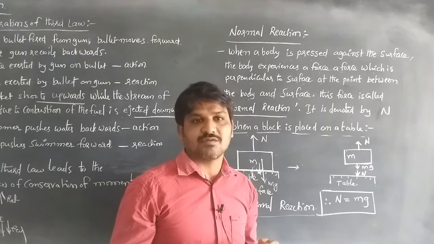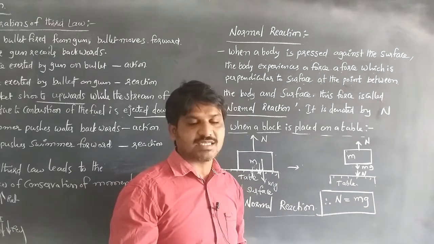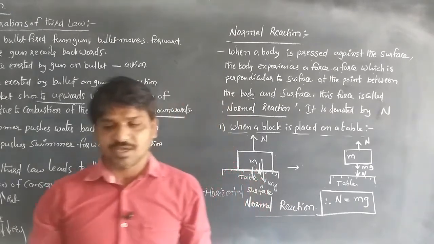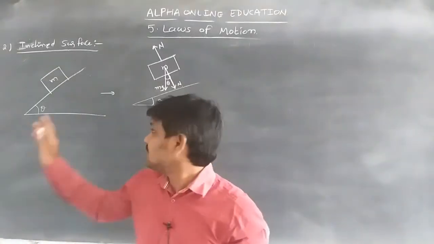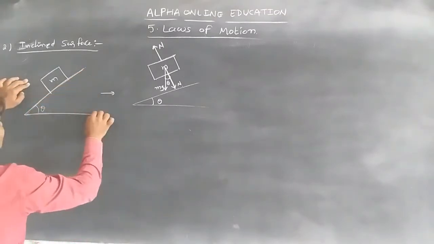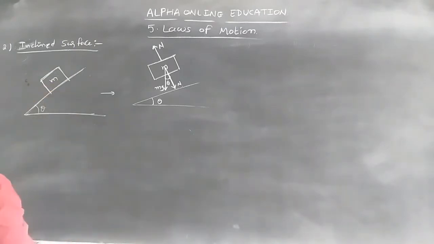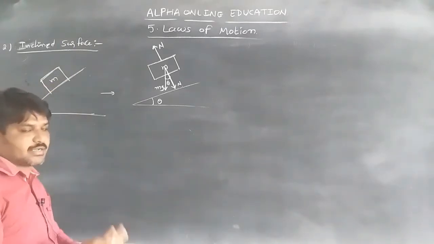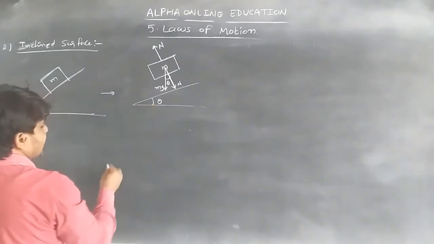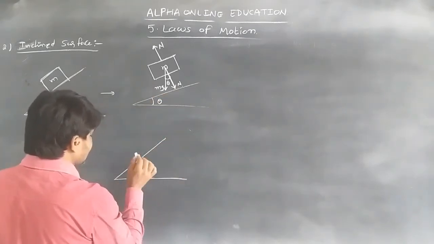By taking the components of that force, we can get the force values as well as the normal reaction values for the inclined surface. In the case of the inclined surface, we can derive an equation for that. Whenever the block is placed on the inclined surface and the body is not sliding down, it stays at rest on the inclined plane because of the angle of inclination. So here, the block is on the inclined surface, and theta is the angle of inclination.